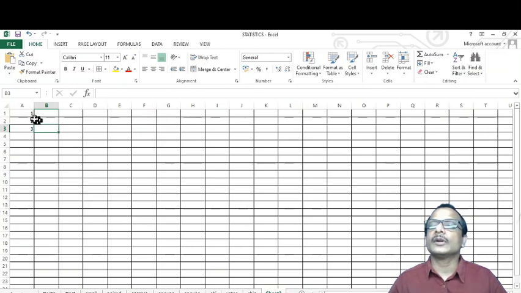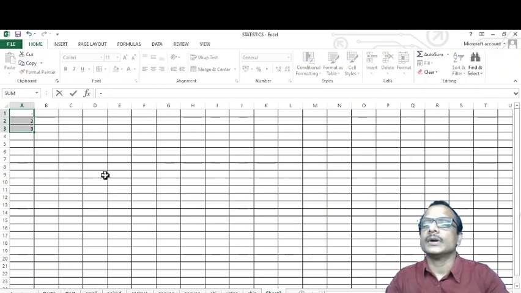But when I click on a particular cell and move to the border of the cell, its shape again changes into a four-headed arrow mark. Now I can click and drag the content from here to some other cell. The one is shifted to B1. Okay, and again I can click and move it back. Okay, there is one more plus icon here. After selecting this, if I move to this corner square, a green square is there. I think you can watch it clearly.